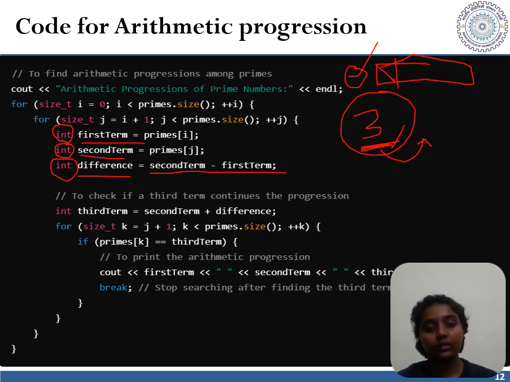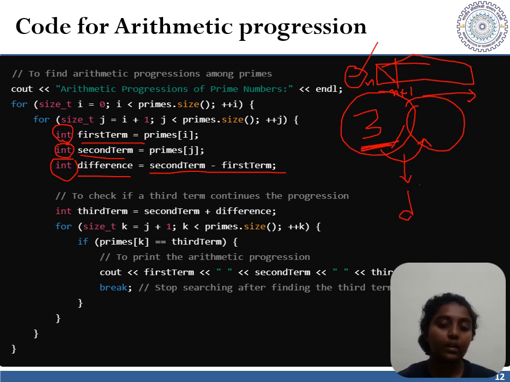Say this is the nth term, and then we choose the n plus 1th term, and then later we check for n plus 2 and so on until the limit is reached. So let us understand what it is, and then we choose a second term out of these in an orderly way. And what it does is it finds a common difference d, a difference d,